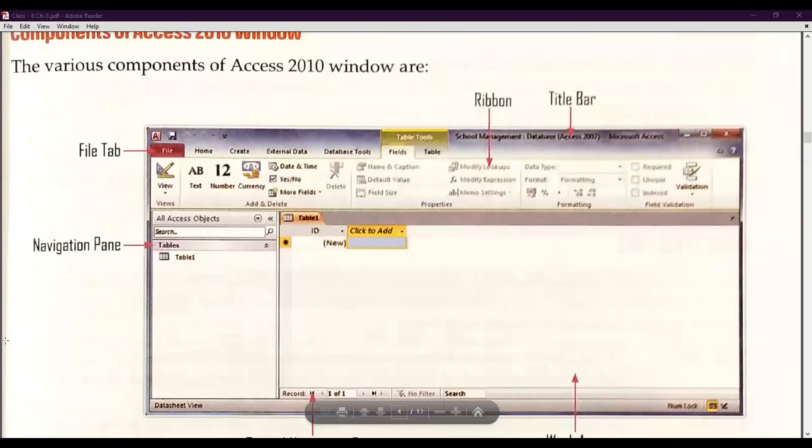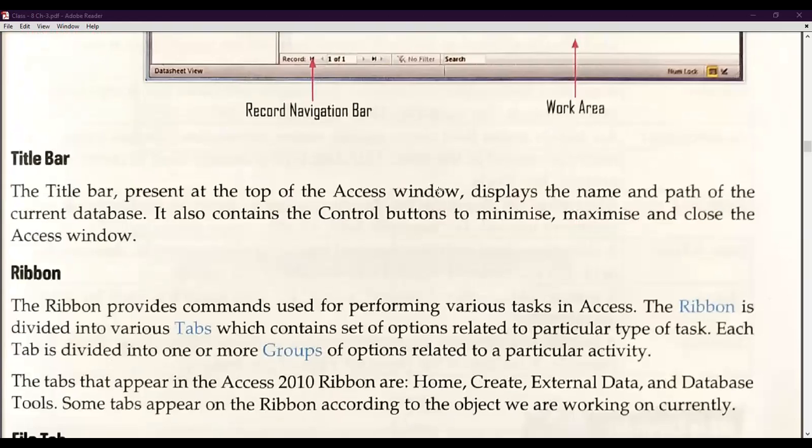This is nothing but our ribbon. In the ribbon, we have home, create, external data, database tools, fields, table, and etc. And you can find these groups: add and delete, properties, formatting, field validations, and views. So these are the groups.